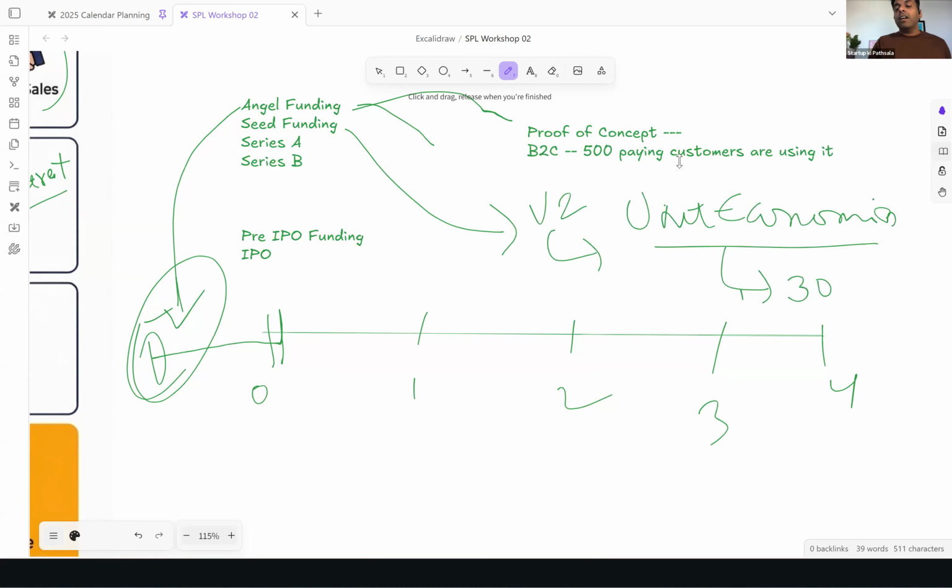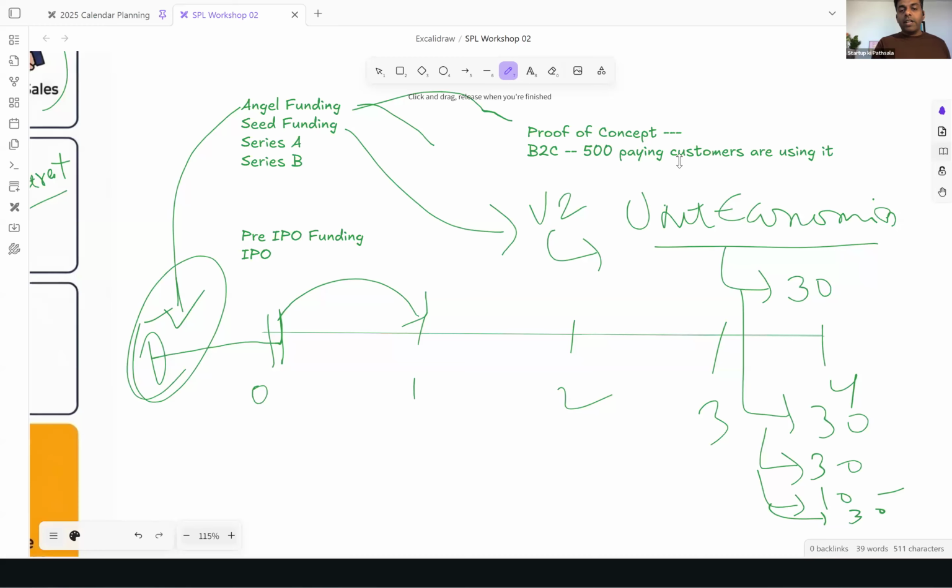Which means I will prove that for one customer, I spend 30 rupees to acquire the customer, I spend another 30 rupees to service the customer, and then I spend another 10 rupees for running the company, the administration stuff, and I basically pocket 30 rupees profit. ये इसको बोलते हैं unit economics. To prove that at some level I can economically run this is the stage from angel funding to seed funding,